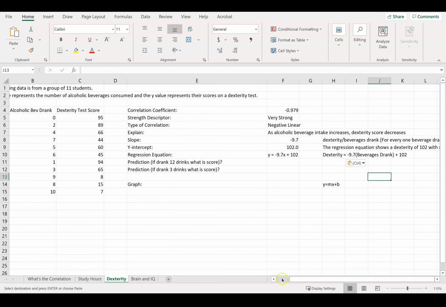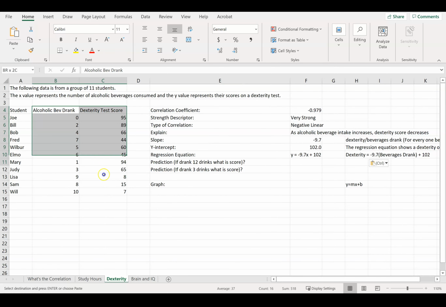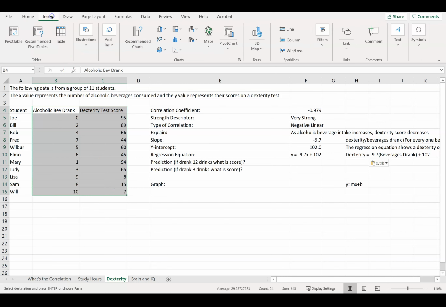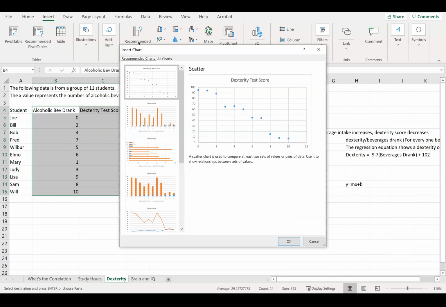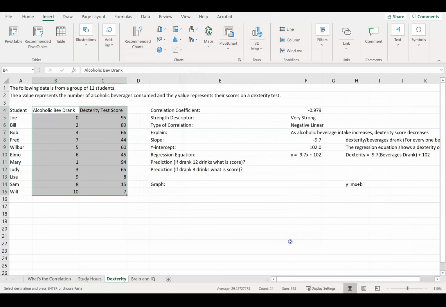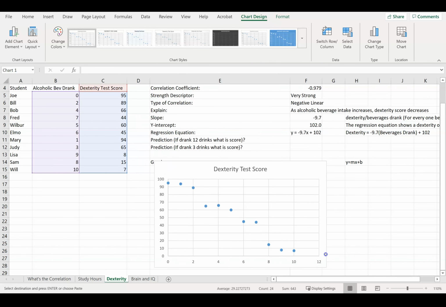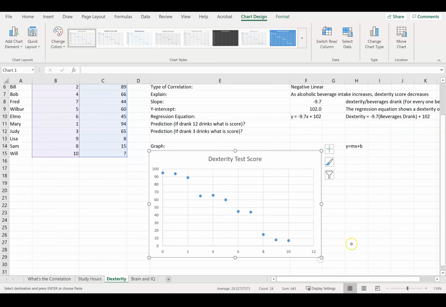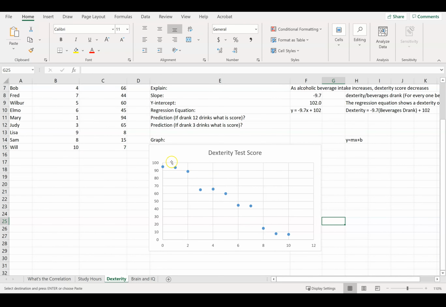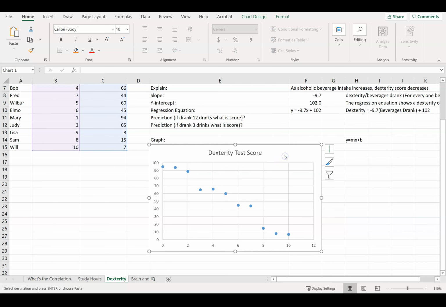Let's make the graph. So I'm going to select my data, insert. You can choose recommended charts or scatterplots. Recommended charts will have it there, and Scatterplot will have it there as well. I'm going to put that in the space for the graph. You can see that there's definitely going to be some sort of relationship here. So we can add the trend line to this graph. Just click on the chart area,